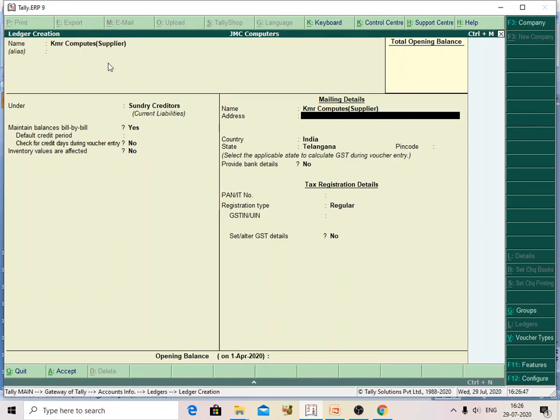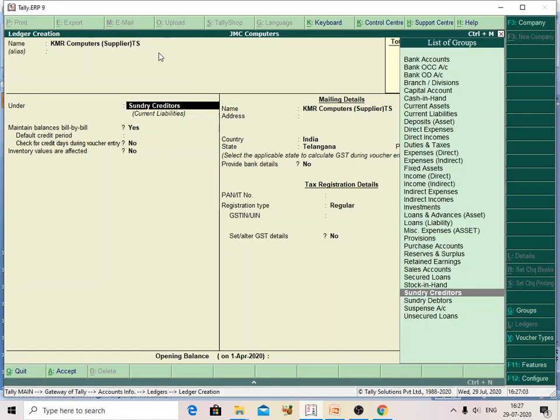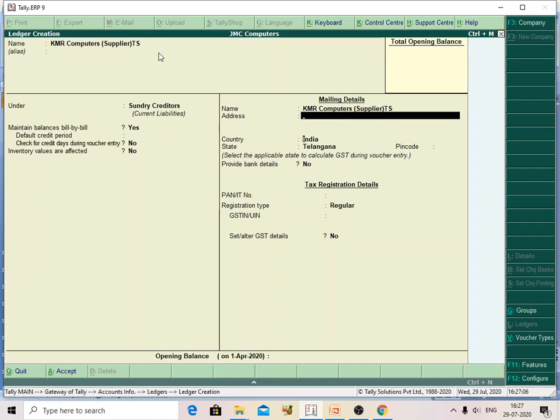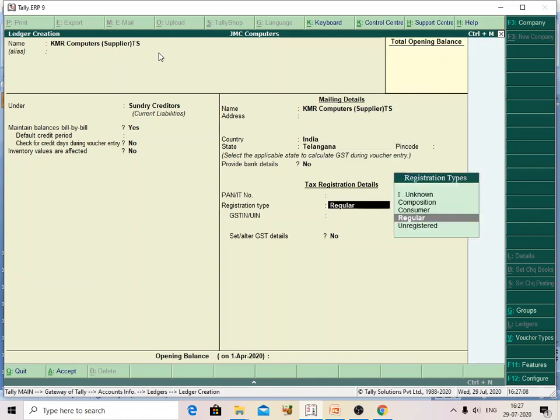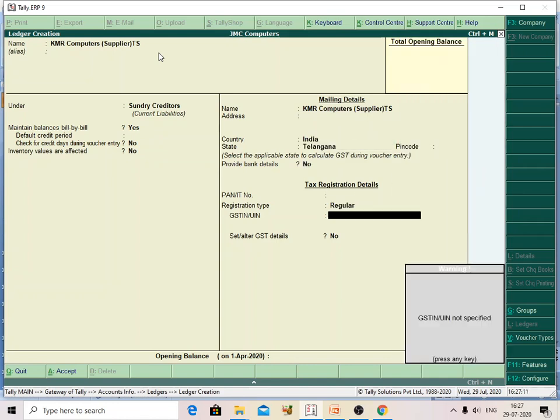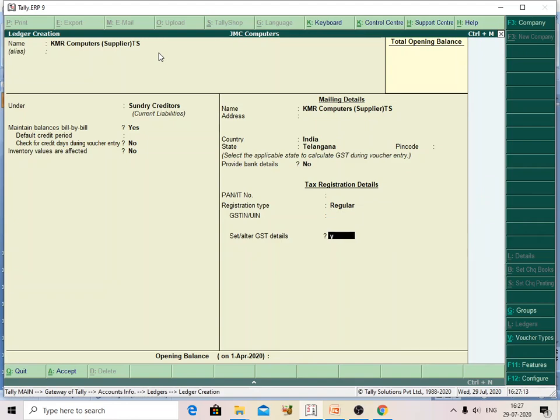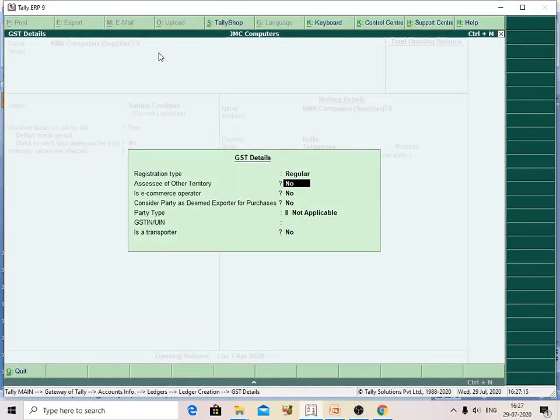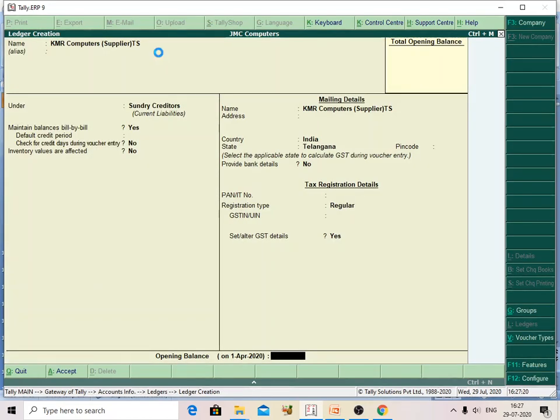So I am changing the name. It is KMR computers supplier, and the state is Telangana. Within purpose is local state. Here I am selecting is a GST regular scheme holder, and here GST details are yes.